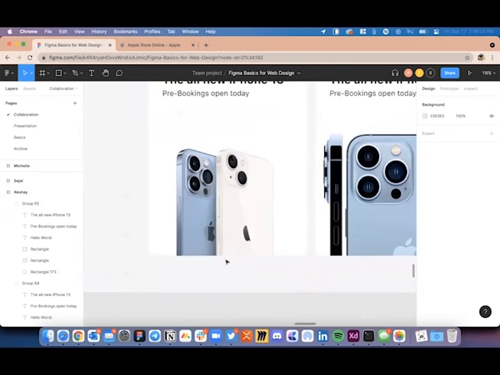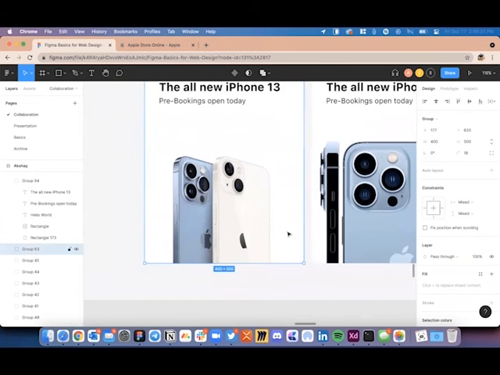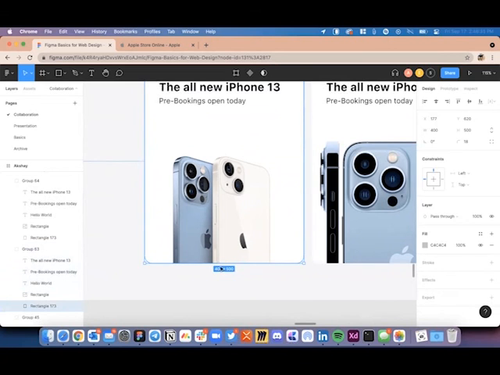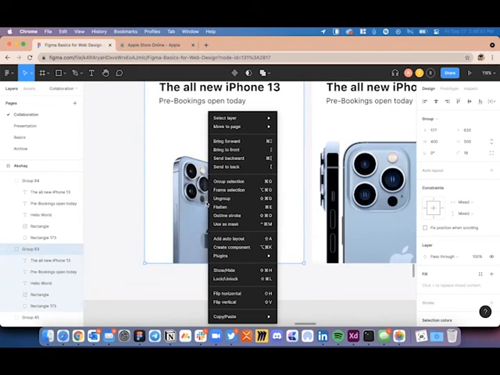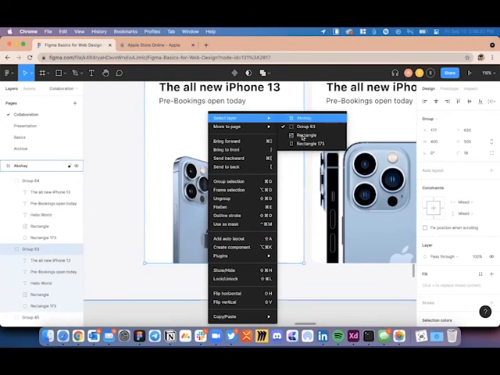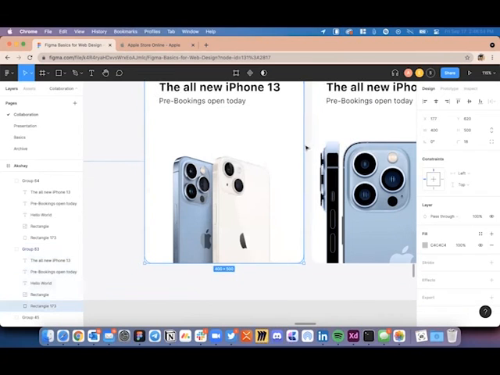And if you want to make it stand out more, the last thing I would show is you would just want to add to the rectangle. So this has an image and a rectangle behind it, and it's completely grouped. One more thing Figma allows you to do is you can right click on it, and the first thing it shows is select layer. So you can also select a specific layer from here, and then you can add an effect, drop shadow.